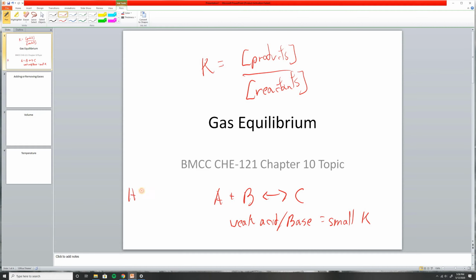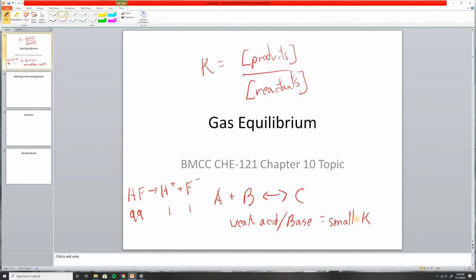So if you have a weak acid such as hydrofluoric acid, you're going to have a very small dissociation of HF into H plus and F minus. And this is what you'll have, like, let's say one molecule here, one atom, and then you'll have 99 of them still that are not dissociated. So your concentration products over reactants will be a very small number over a very big number, making a very